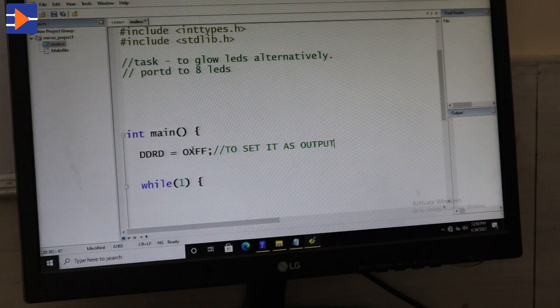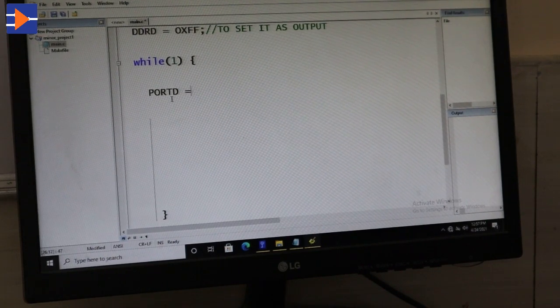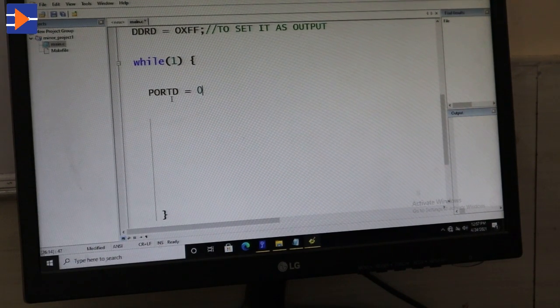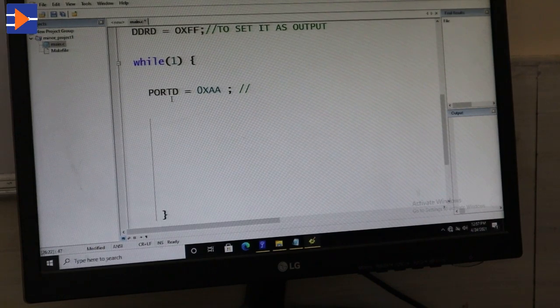So what I will do, in the while loop I will write here PORTD is equal to 0xAA. Remember what is AA? AA in binary is 0B 1010 1010.